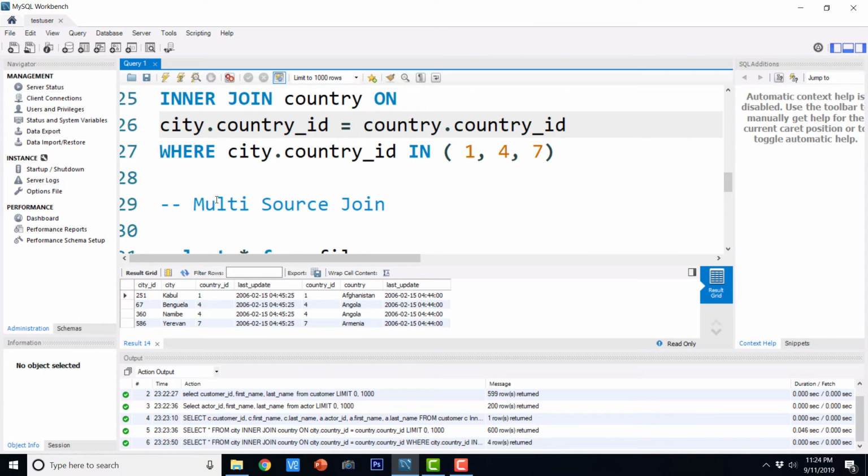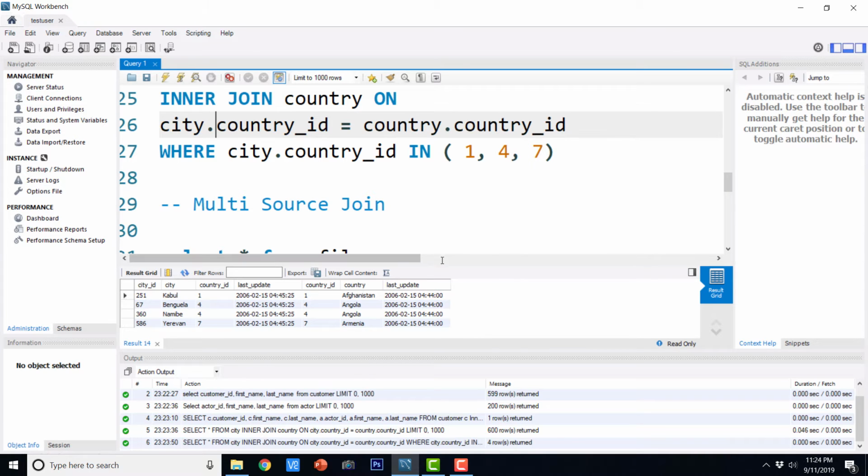Again, let me repeat: for joining n tables, the minimum number of conditions is n minus 1. Suppose you are going to join 5 tables, then you should have at least 4 conditions for joining. You can have even more conditions.